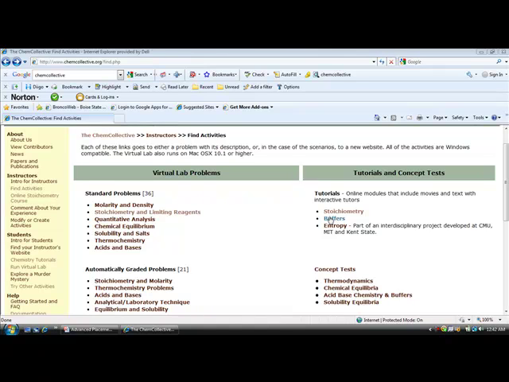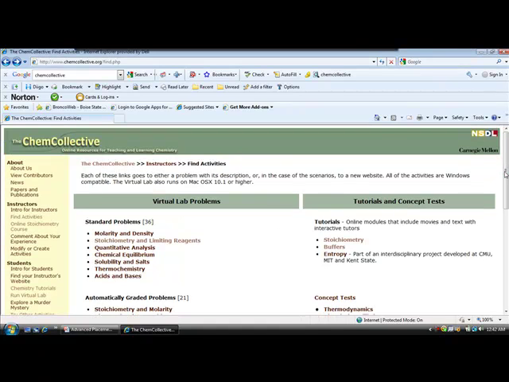This site is known as the Chem Collective. It is a site put together by the Carnegie Mellon Foundation. We'll be using this throughout the year to do virtual investigations, labs, demonstrations, and so forth. When I talk about putting on your molecule goggles, this is what I'm referring to, where you can actually see